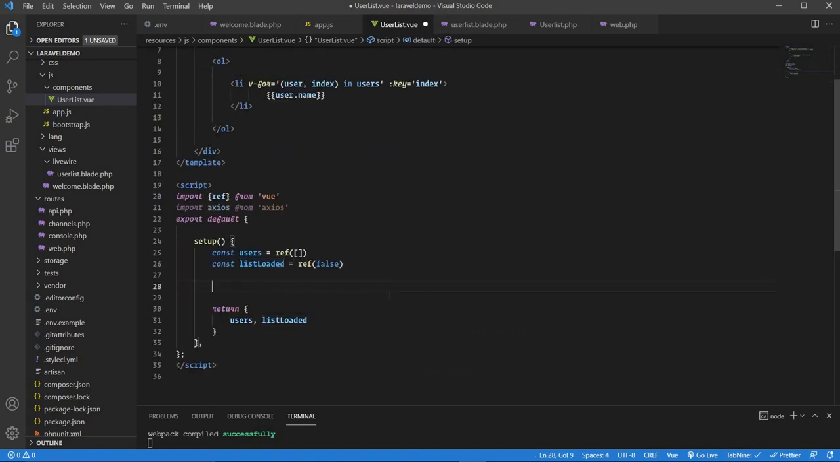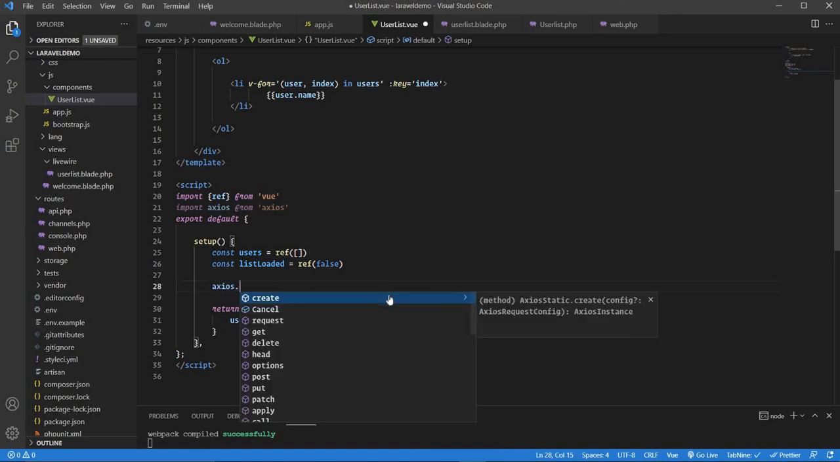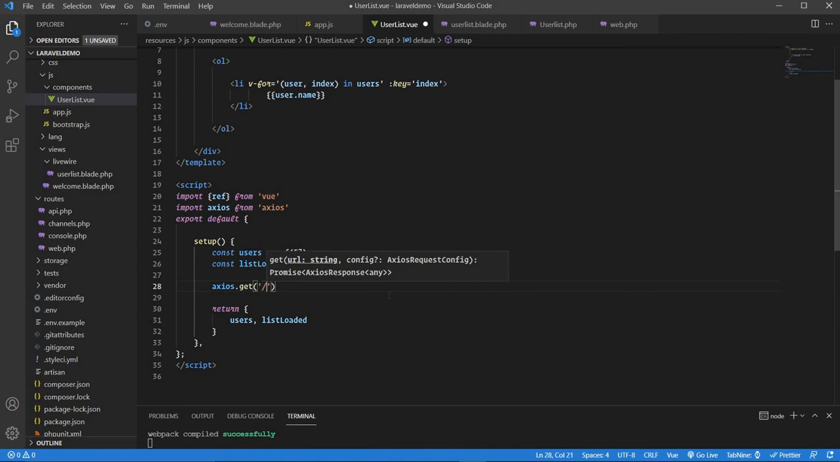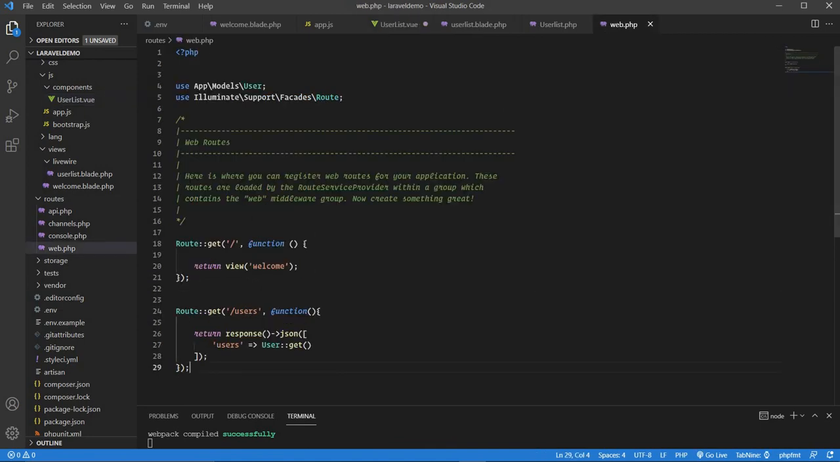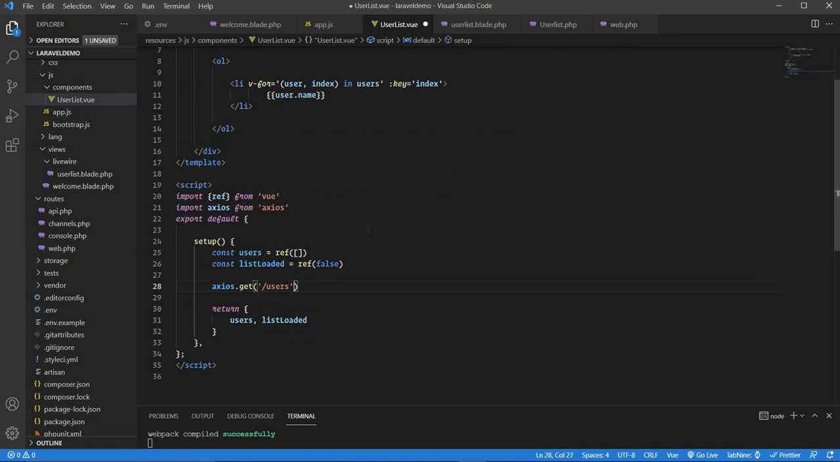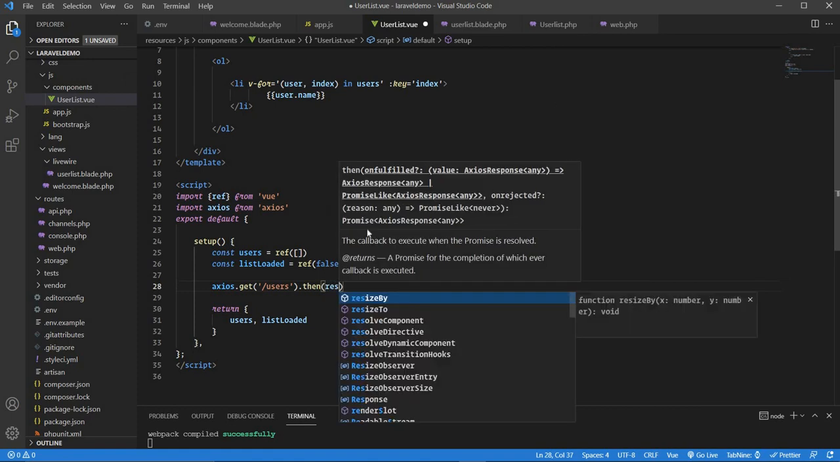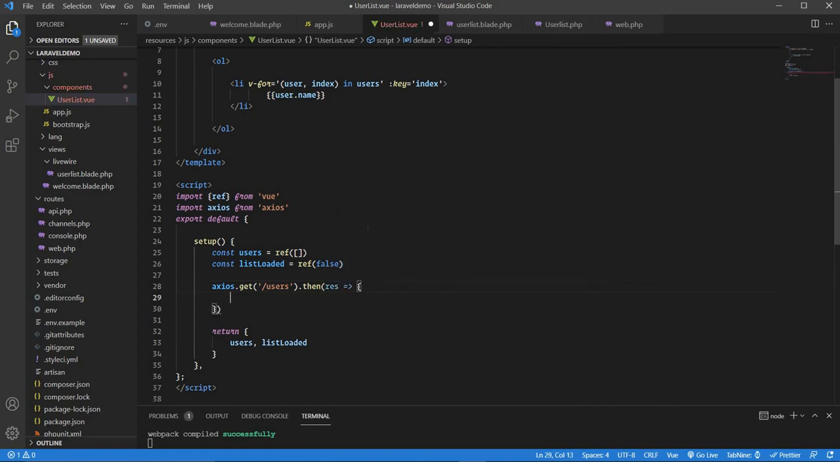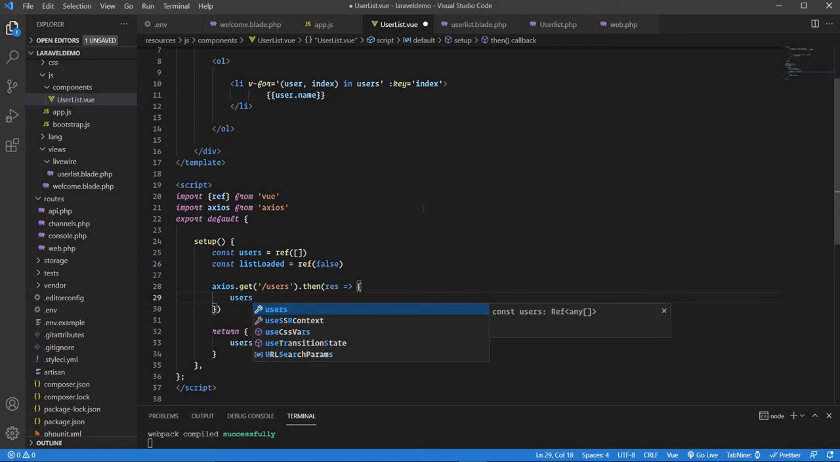So now once we have our Axios, let's make an Axios get request. So I will say axios.get, and this is going to be for the users. Because this, okay, this is just going to be a promise. So I will say response, and this response data users will be our users value. So I'll say users